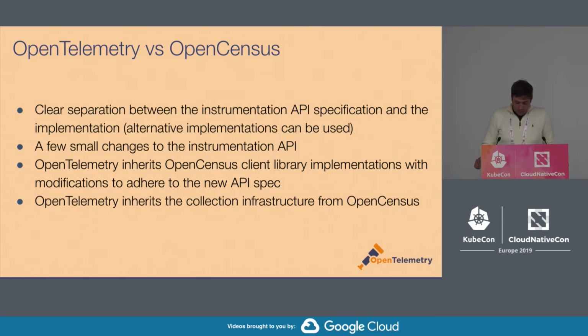The API change, comparing with OpenCensus, we have done a limited number of changes, not too many, but there are still breaking changes, especially the fact that the package name changed. The implementation of the OpenTelemetry library will be mostly based on OpenCensus. That's because of the obvious fact that there was no standard implementation for OpenTracing, so we decided, if we already have one, let's change that and modify it to be here.